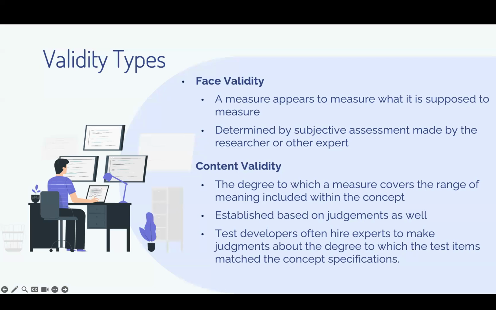On the other hand, content validity, so we get into the meat of the concept, is about how well the measure includes the entire range of the concept's meaning. So for example, if we are measuring quality of life, does our survey include questions about physical health, mental health, well-being, social relationships, or economic status? This is not just a first impression. It requires a detailed examination to ensure we are covering all facets of the concept.